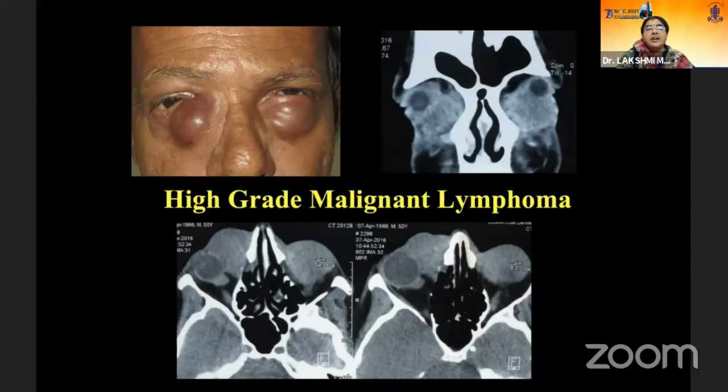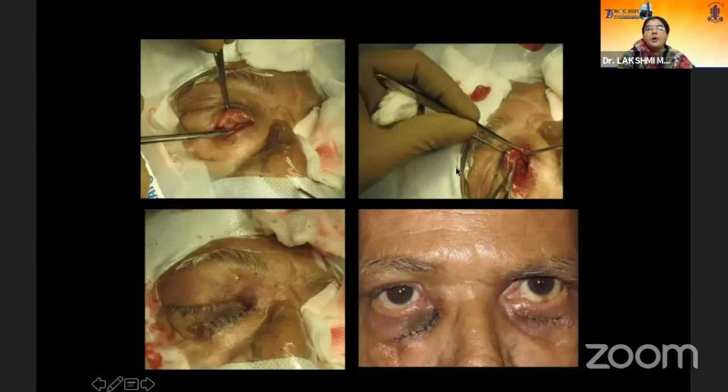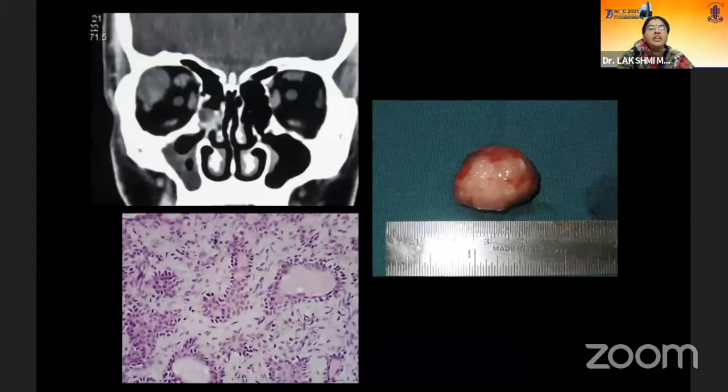It has devastating effects. In malignant lymphoma, if it is very bulky like this, then you can debulk in addition to doing an incisional biopsy, because you can't take out every single lymphoma cell. These patients will definitely need radiation, but these days we are getting very good results with chemotherapy.